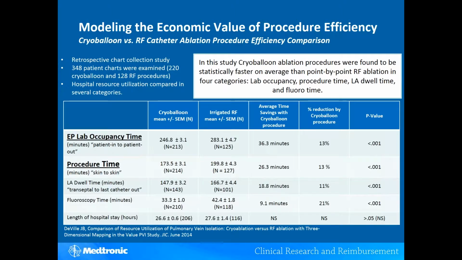So what you're looking at now is data that came from a clinical study that we performed comparing RF ablation catheters to cryoballoon catheters. And this clinical study was aimed specifically at the efficiency of the procedures. So the focus of that clinical study and the traditional focus of these things has been on a metric called procedure time. This is basically the time it takes the physician to perform the ablation, so that when the physician